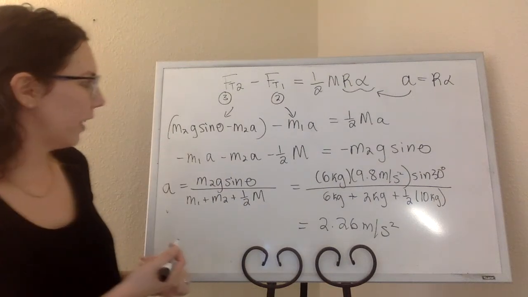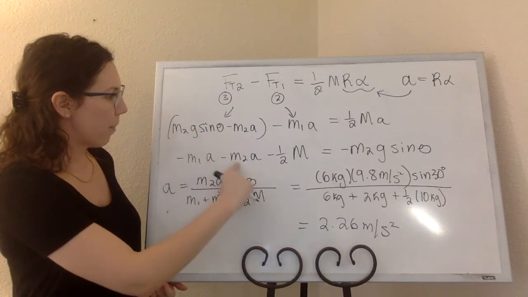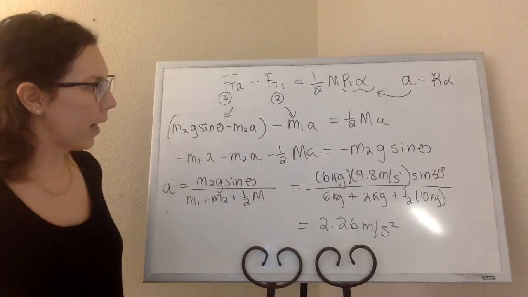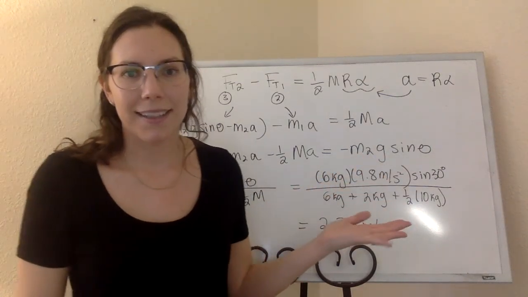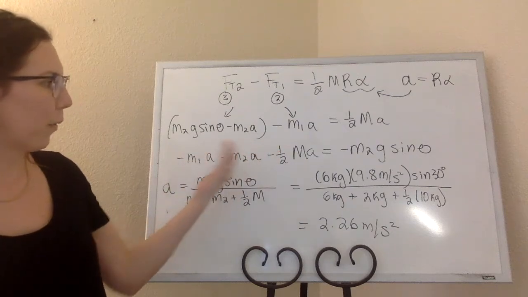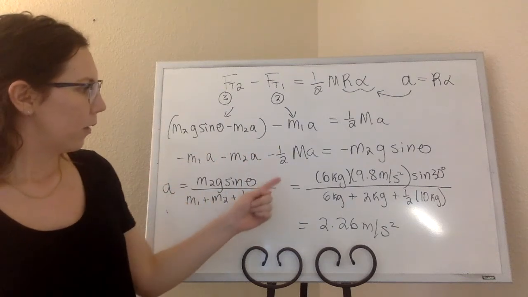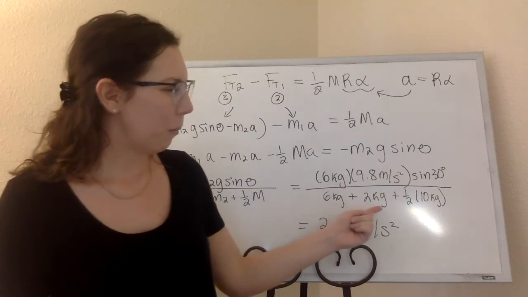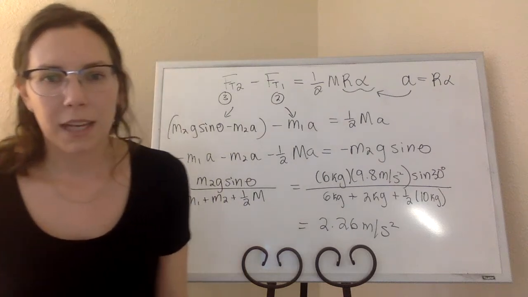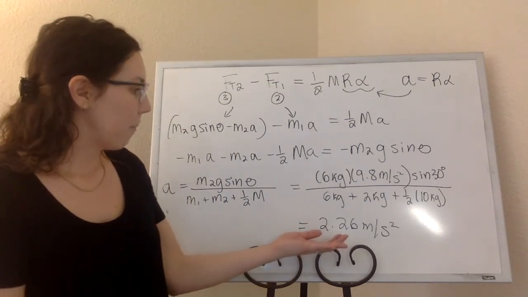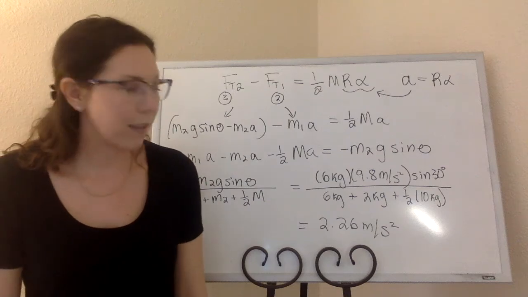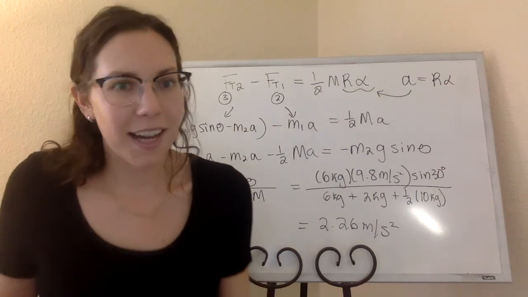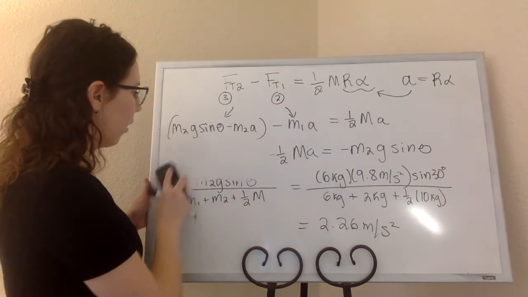Then just some algebra here, negative m1a minus m2a minus 1/2 M a, getting those all on one side, equals negative m2g sine theta. And then we can just factor out those mass factors and divide by that. So we have 6 times 9.8 sine 30 over 6 kilograms plus 2 plus 5 kilograms, or 1/2 of 10. And that gives a linear acceleration of the masses of 2.26 meters per second squared. Now that's really the difficult part, I guess. Now we have to go back and solve for the